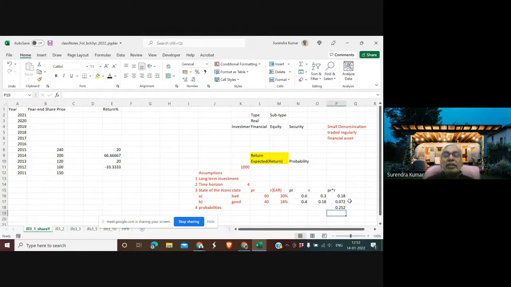So if this example is clear, we have done a big leap, right? If we have understood the idea of expected return, we have done a big leap. I have taken a very simple example, but the concept of expected return should be clear, because I have incorporated into that our different dimensions. I am using the word assumptions because all this is information. I can also call this realistic assumption, right? Because these assumptions have to be realistic. If your assumptions are not realistic, all your calculations are haywire.